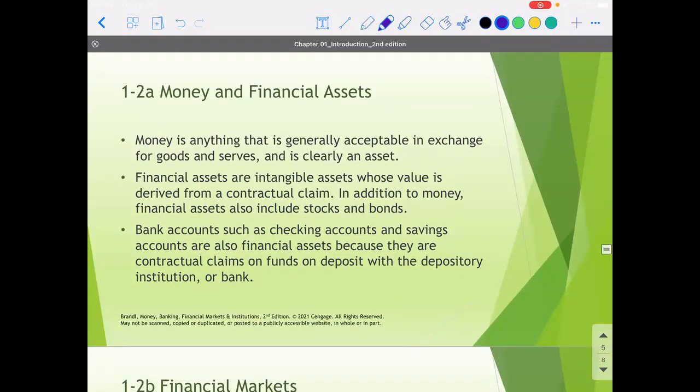So let's go back to somewhat of a review, back to your days of when you took principles of macroeconomics, perhaps even with me when you took principles of macroeconomics. Money is basically anything that others accept. So usually when we're talking about money, we're talking about a fiat money, meaning it's just printed on paper. It's worth the thing it's printed on. It's not backed by gold, not backed by silver.